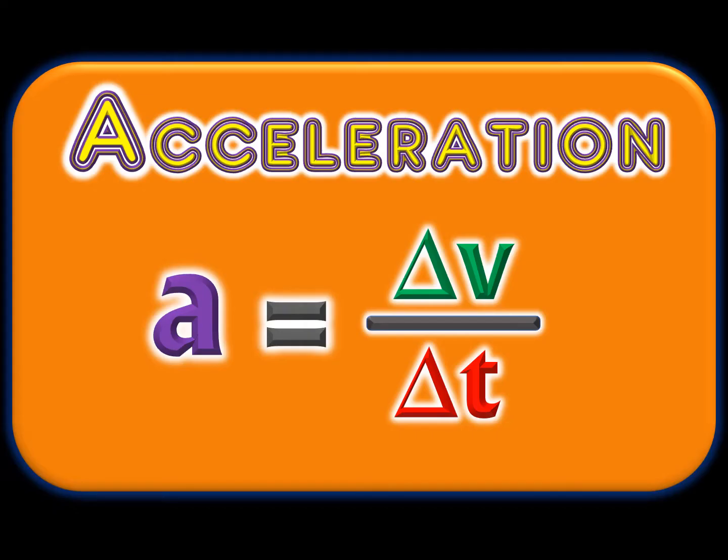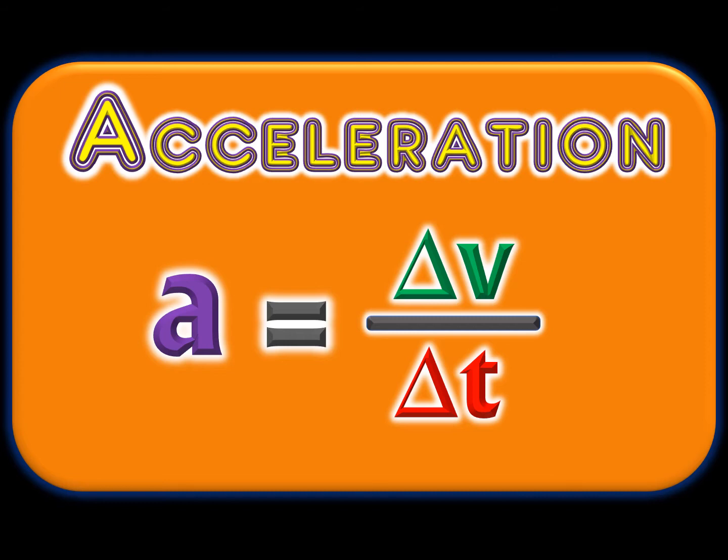This is the formula for acceleration. Actually, this is average acceleration, but this is the one we will be using. So acceleration, a, equals the change in velocity, and you should know by now that that delta, that triangle, means change, divided by the change in time, or the time interval. If you're changing velocity, if you're going faster and faster, that'll give you a positive acceleration. If you're going slower and slower, that will give you a negative acceleration. So just like displacements can be negative, velocities can be negative, accelerations can also be negative.